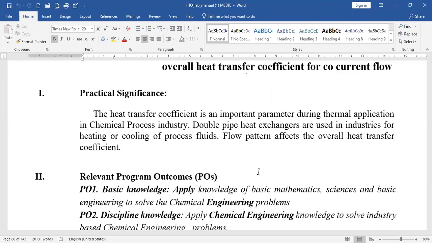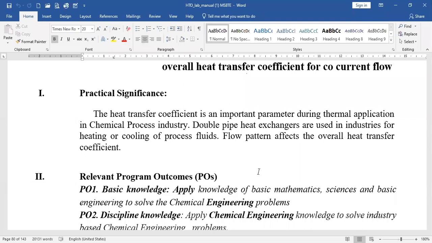That heat transfer coefficient is the main parameter in the convection phenomena, and it is nothing but the K by X value as far as the Fourier law is concerned. So in the conduction phenomena, we are calculating the rate of heat transfer with the help of thermal conductivity and thickness. But in the convection phenomena, this K by X, that is thermal conductivity to the thickness or the distance of heat transfer, is replaced by a new parameter that is called the heat transfer coefficient.